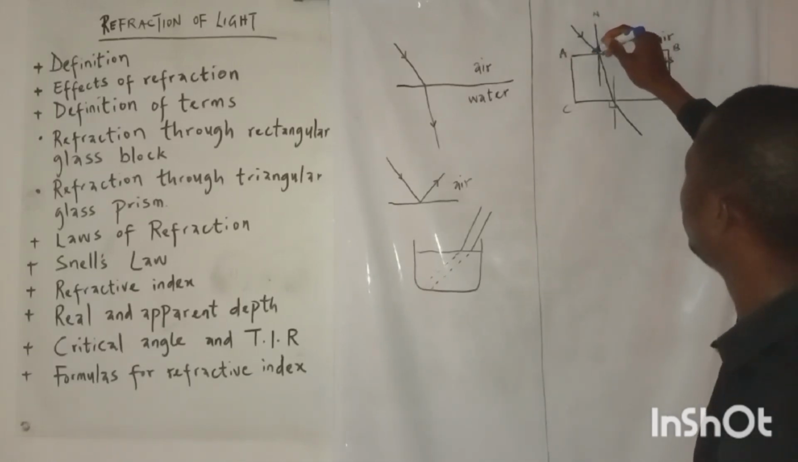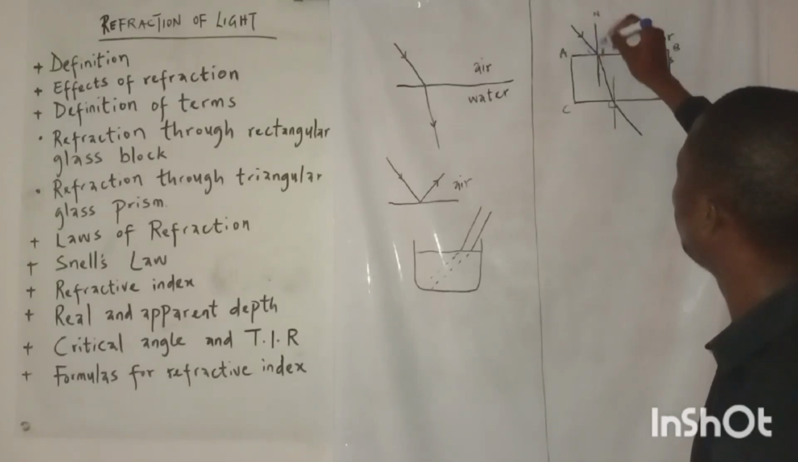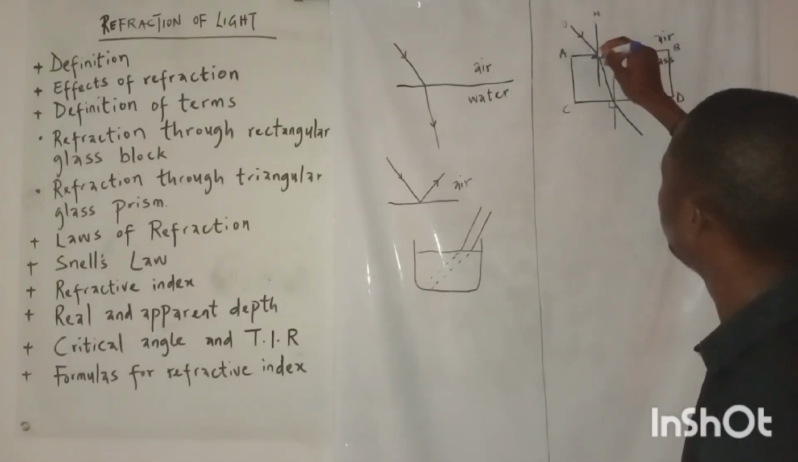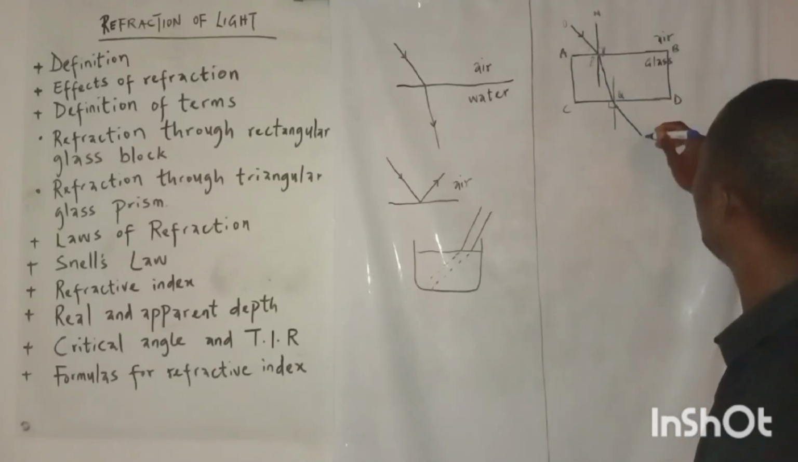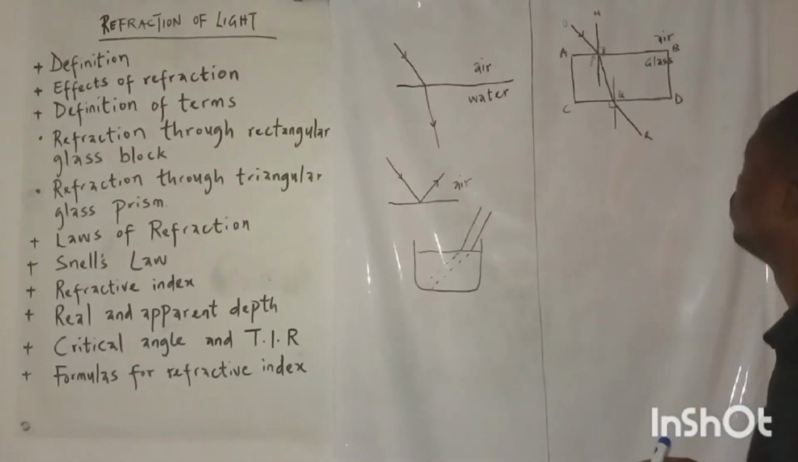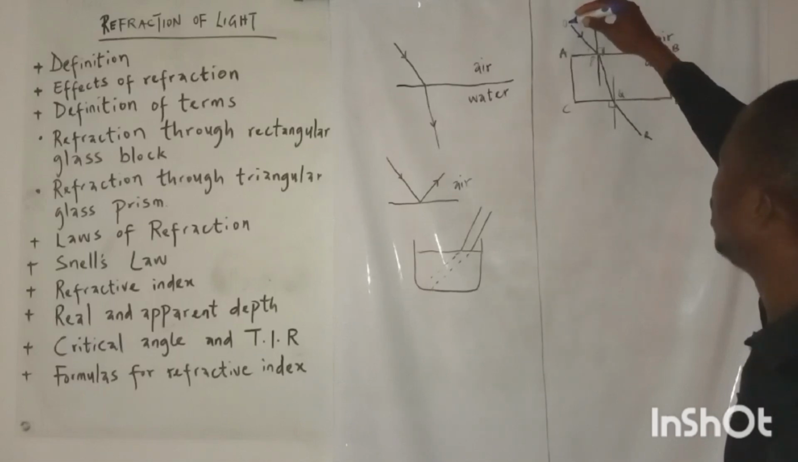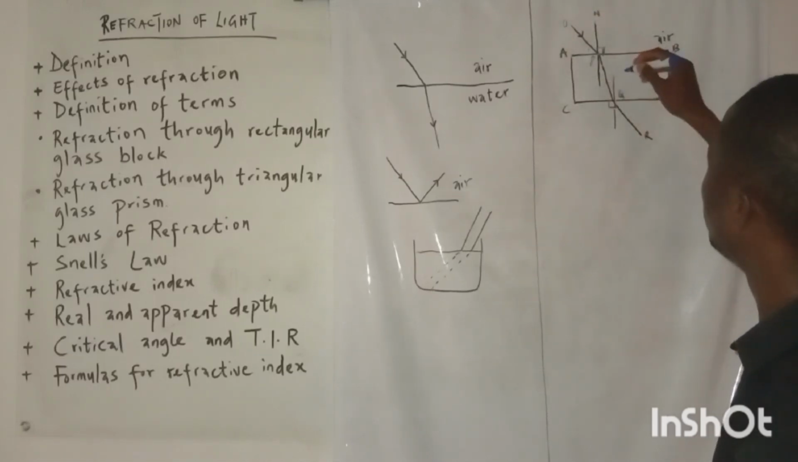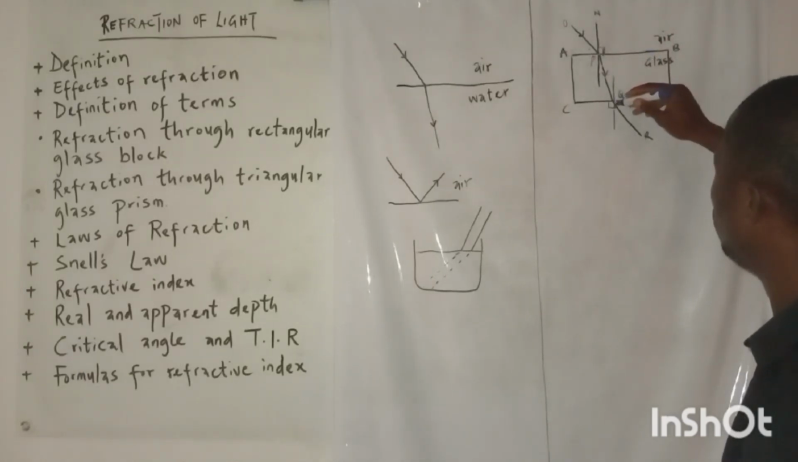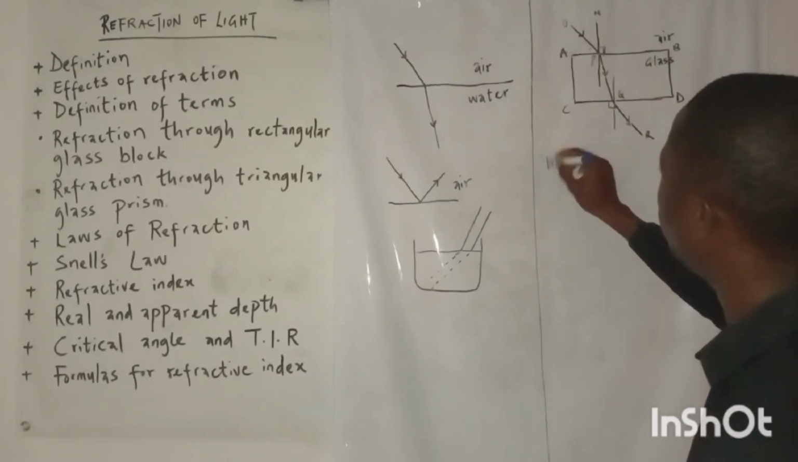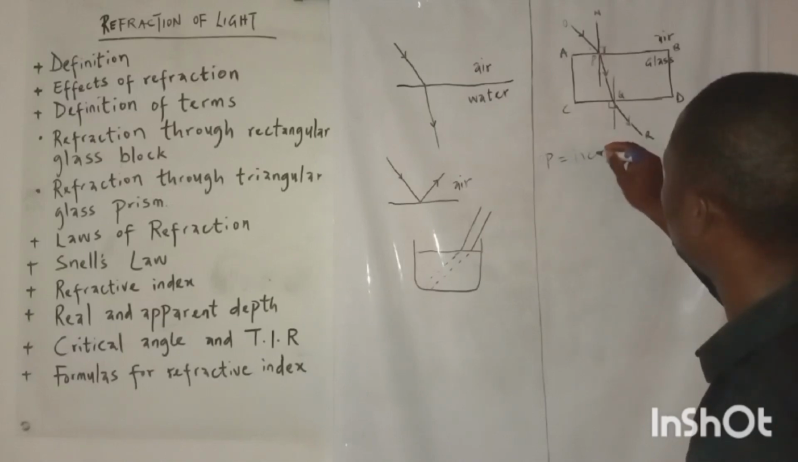Let's call this part O. Call this point P, call this point Q, and call this point R. So this is our normal, and this line OP is our incident ray. The ray in the medium, the ray that is bent, is the refracted ray, and the one that comes out is the emergent ray. So OP is the incident ray,